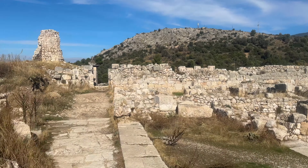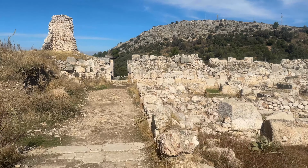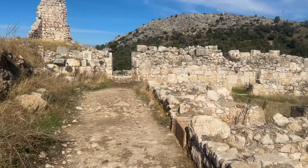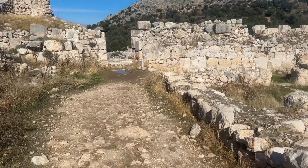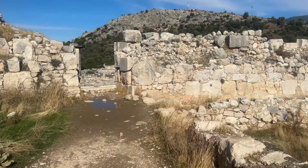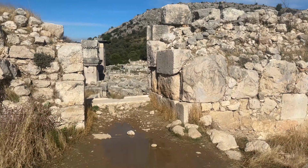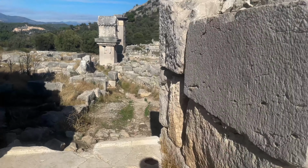So Sandy the Magnificent also had a wee shot at running this place. He got around that lad, because he was only 21 when he came into power. But Sandy the Magnificent, or Alexander the Great, as other people called him, also ran this place for a little bit, around about 334. And I've just learned that the amphitheatre, which we're just about to approach,